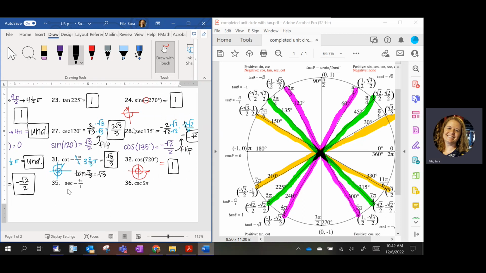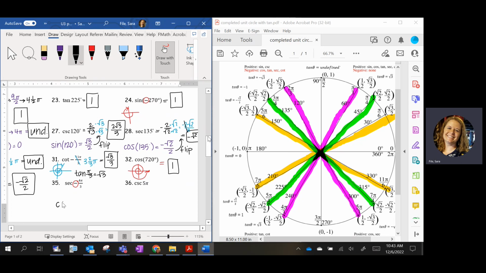All right, 35, secant at -4π/3. So we're going in the negative direction. Pay attention to that. 4π/3. In the positive direction, 4π/3 is down here because you're going to the third pink line that you've drawn. So in the negative direction, that would put you up here in quadrant 2 at the pink line. Okay. So that's that angle, -4π/3 is coterminal with +2π/3, and